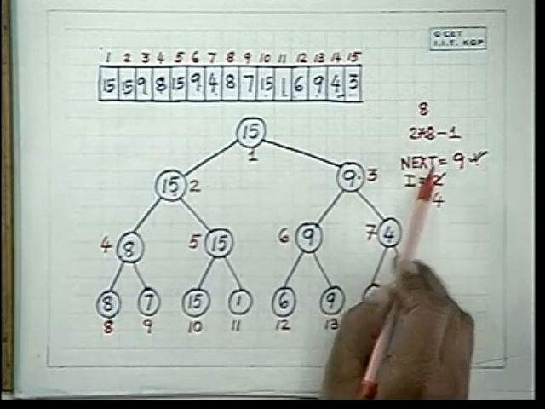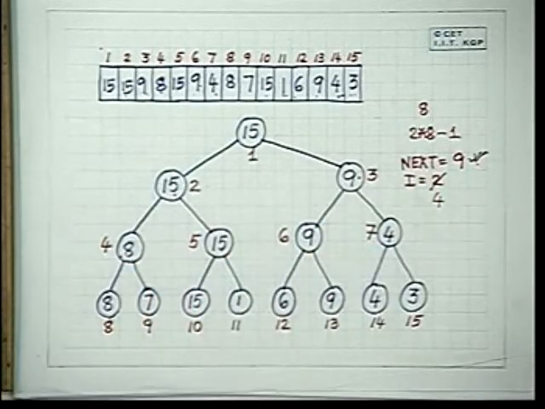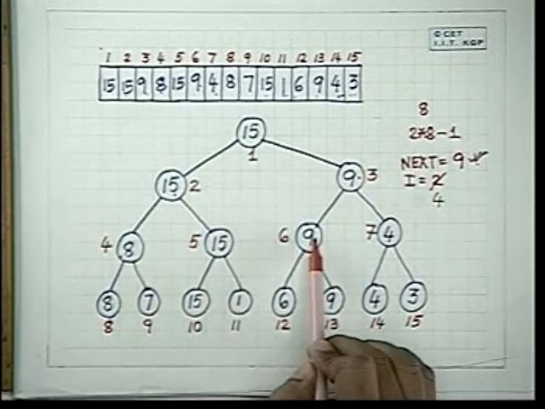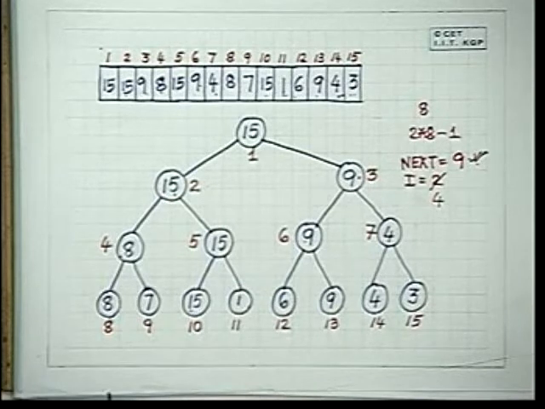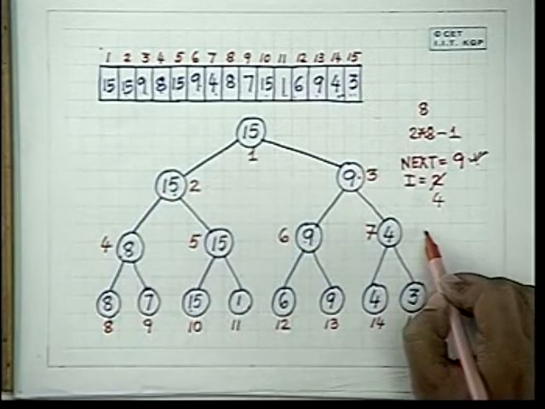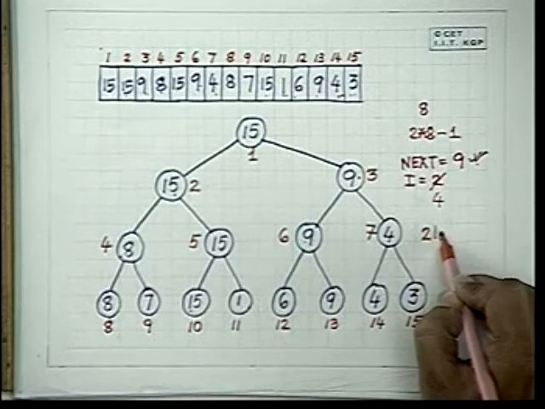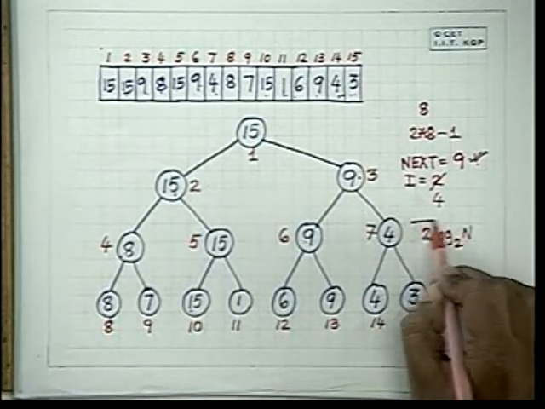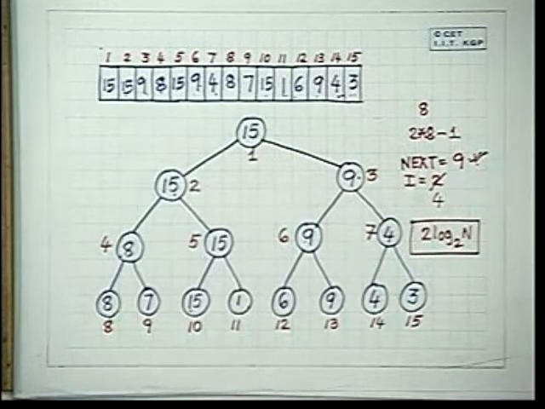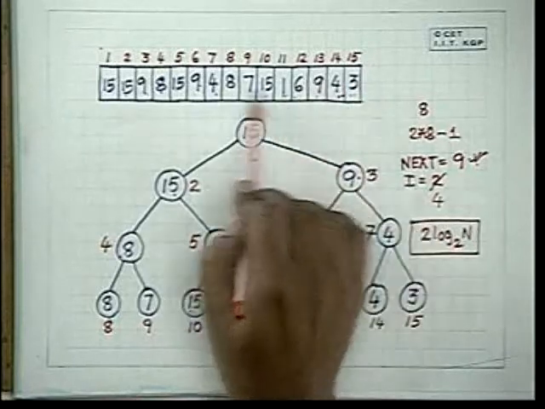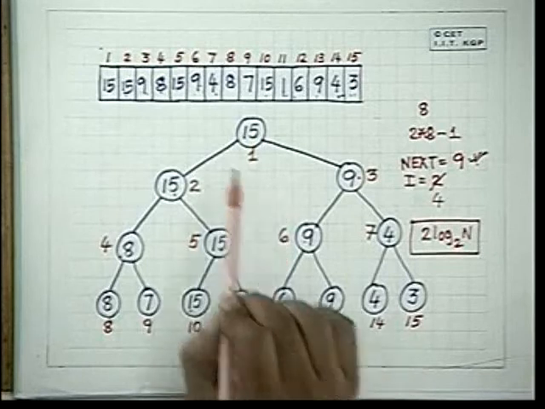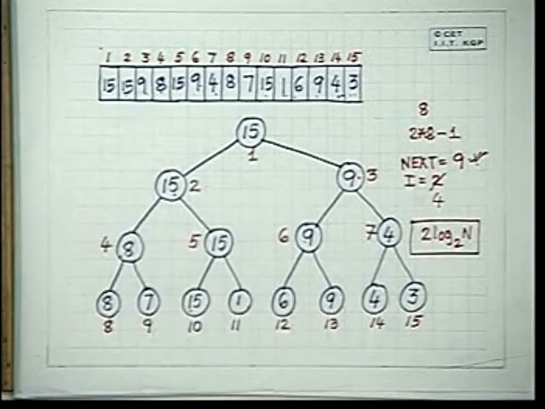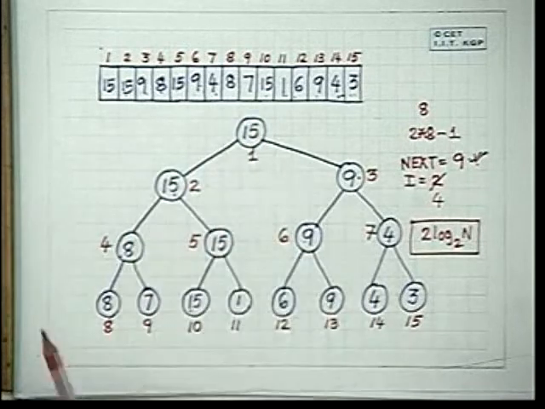So we compared 9, 8 and 11, and we compared these two obviously again and again, and we compared these two and these two. So we made no more than some 2 into log of n to the base 2 comparisons. And with this indexing and setting up of the tournament, you can easily find the largest and the second largest. The largest will be at the head of the tournament and the second largest can be found by a routine.